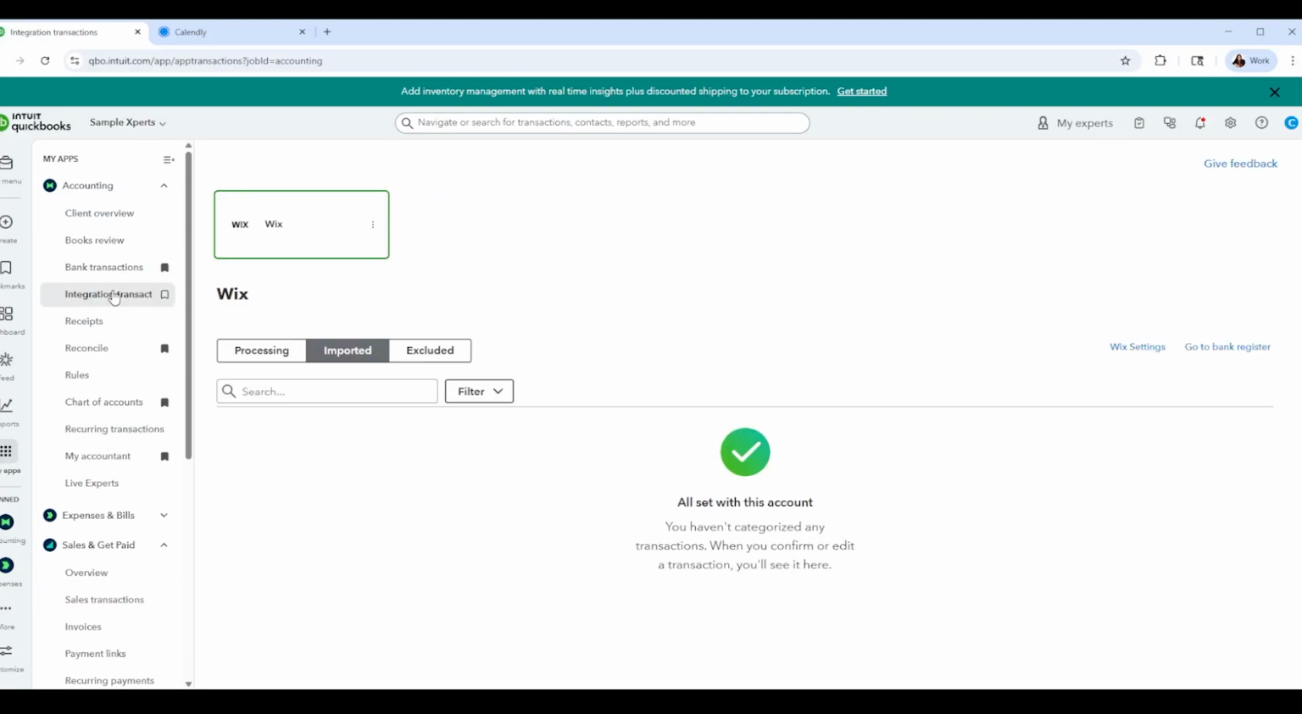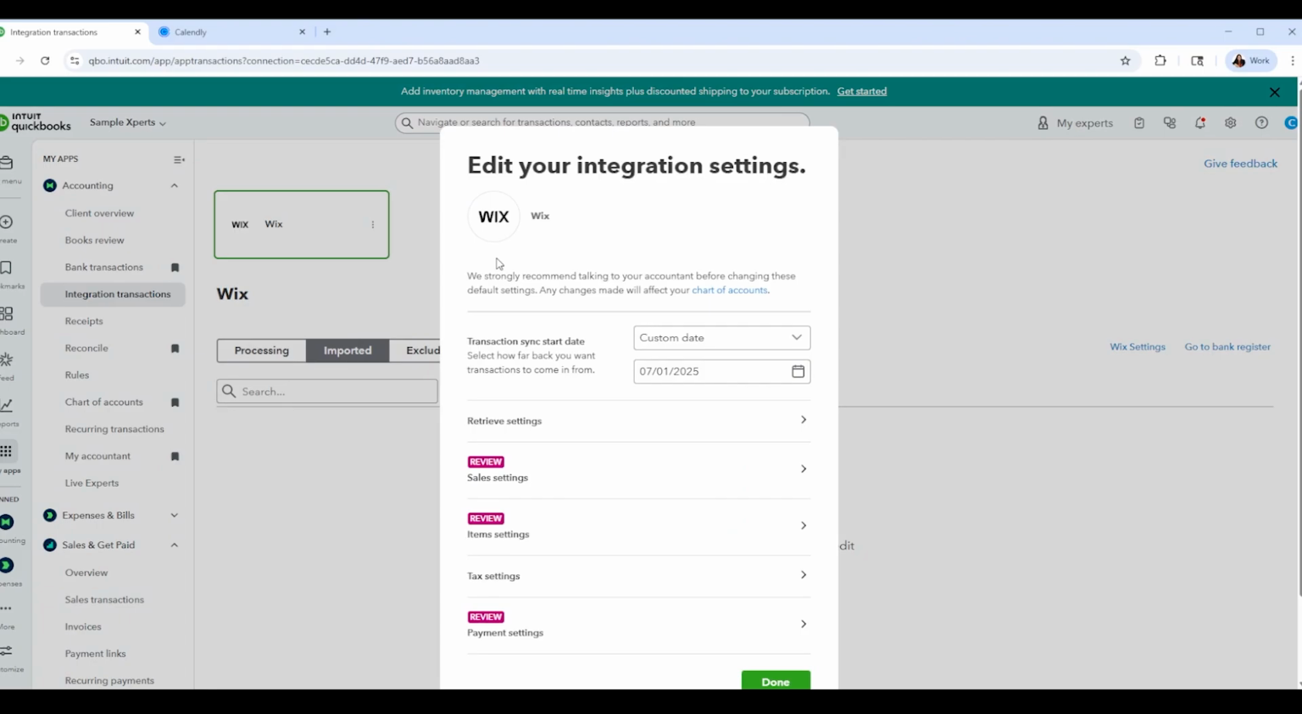And integration transactions, that's where it's going to be on the left hand side menu, and click on the three dots to set up the mapping. Okay, so after you accept the integration, this is what you're going to do. You want to make sure you put the right beginning date,